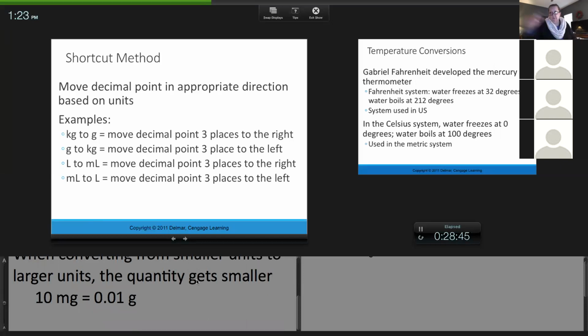So maybe I'll just write it on this piece of paper rather than use my big board. So if I have 10 milligrams and I want to know grams, there are less grams than there are milligrams. I'm going to go to the left. So a 10 is 10.0. If I go 3 to the left, 1, 2, 3,